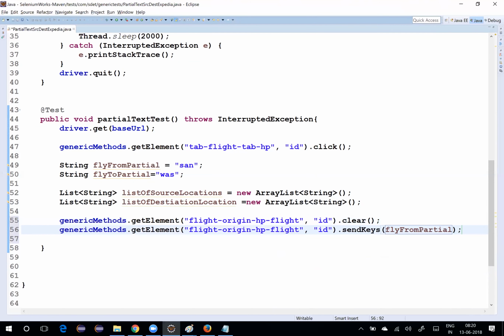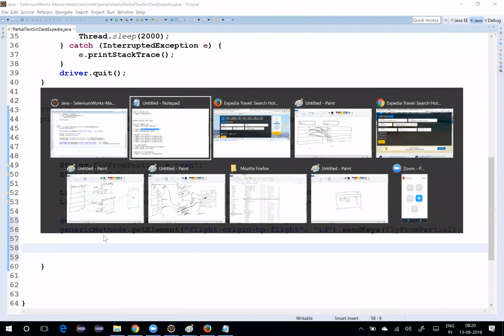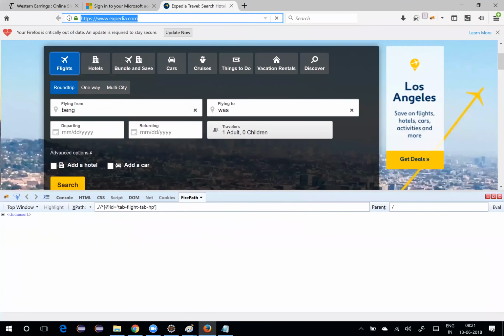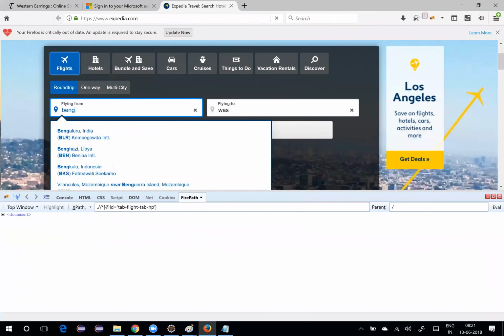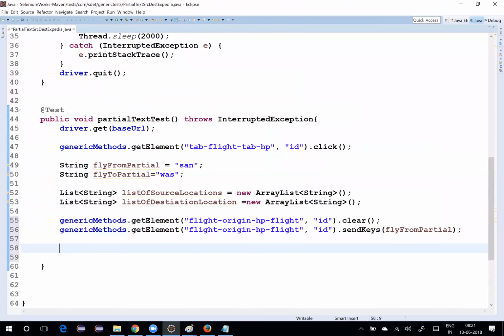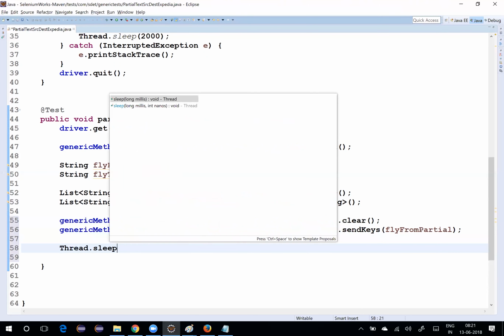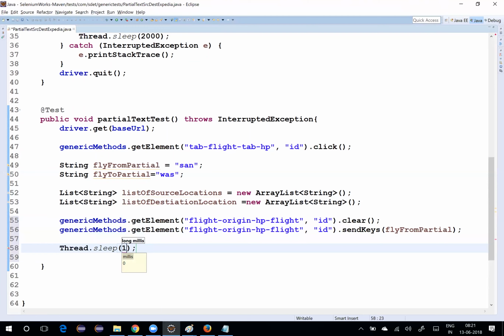Once after that, let's give a delay because it takes a little time for popping out. If you have seen it, the moment I enter something like BENG, it takes a little time to render. So let's give about 1500 or some delay. Thread.sleep of, let's give it 1.5 seconds, not over that. Once this is done,